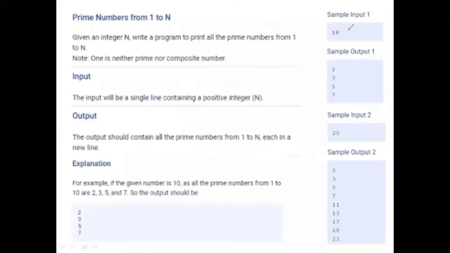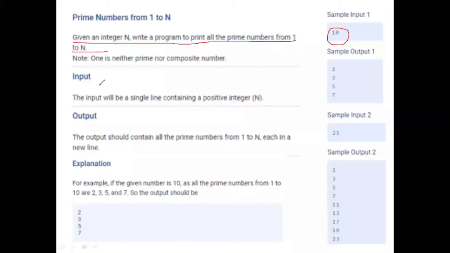Here you are going to read a value. Now I'm going to print the prime numbers from 1 to n. Given an integer n, write a program to print all the prime numbers from 1 to n. The input will be a single line containing a positive n value.